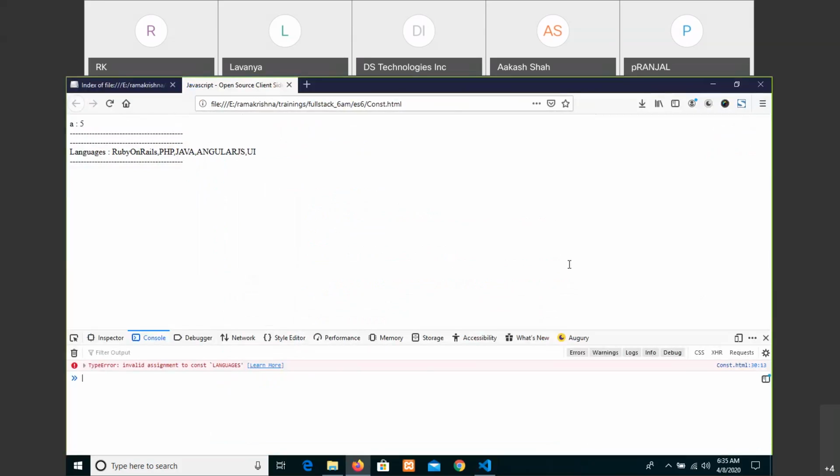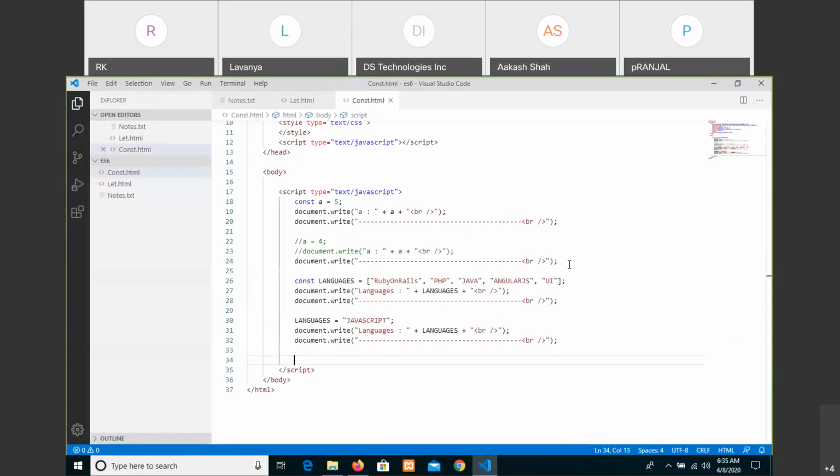My concept is, along with the existing values, Ruby on Rails, PHP, Java, or whatever it is, I want to add JavaScript also. But what you are writing here erases the existing values. It should be appended. So when we want something to be added to the existing values, then in that case,